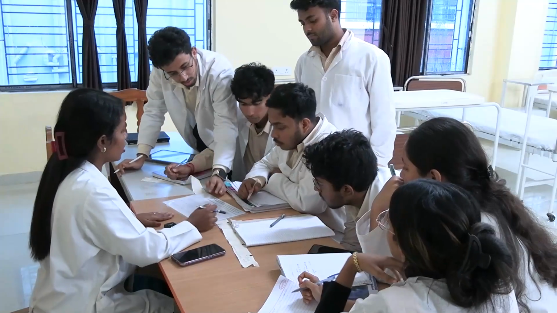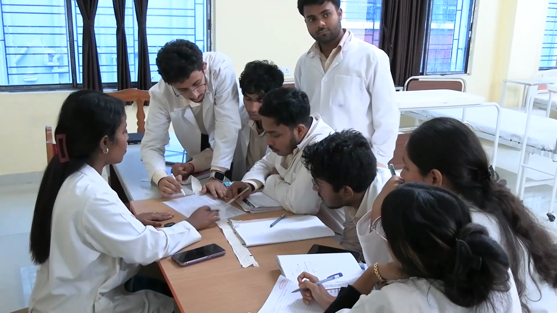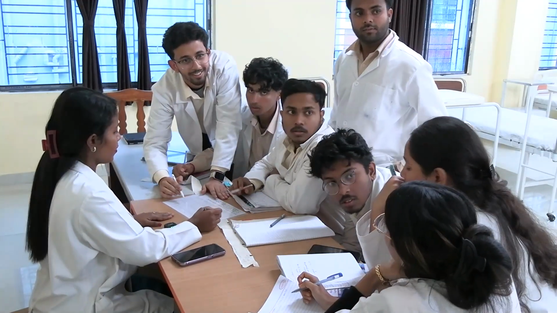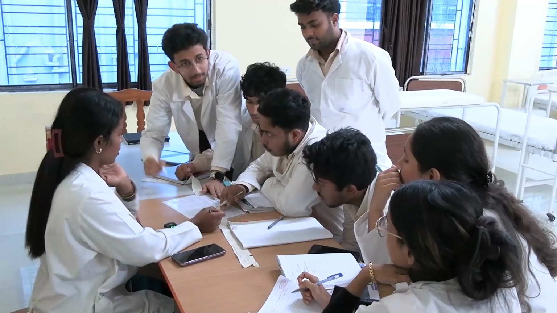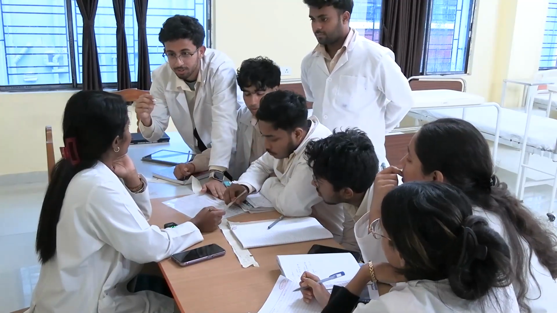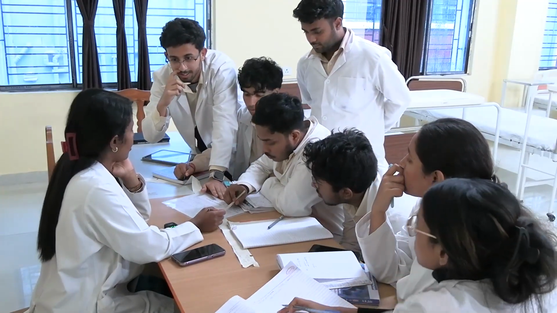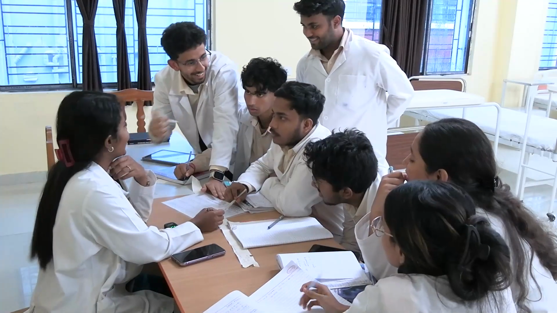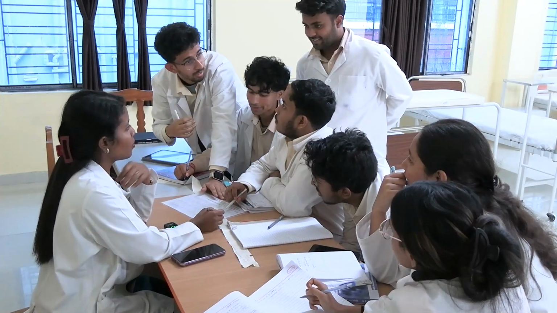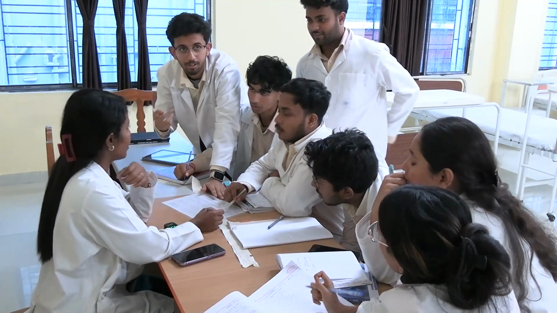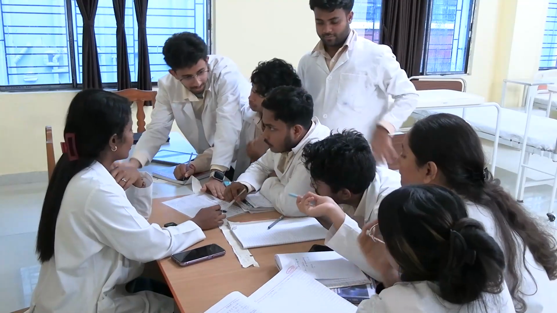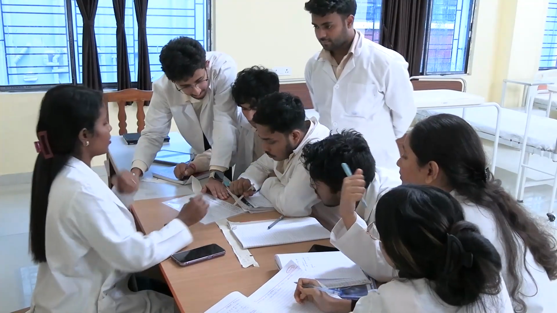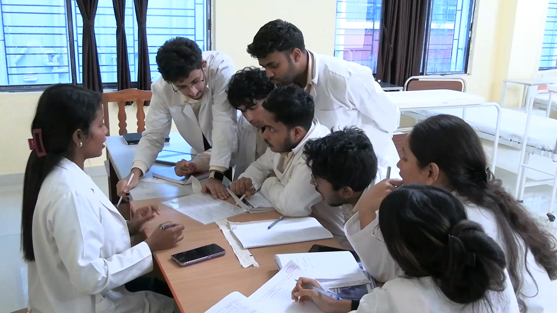So how are we going to count the PR interval? If the PR interval is more than 0.20 seconds, then there is a disturbance. What is that disturbance? That is suggestive of heart block. Heart block, PR interval. So which degree is it, you find out. Is it first degree, second degree, or third degree?